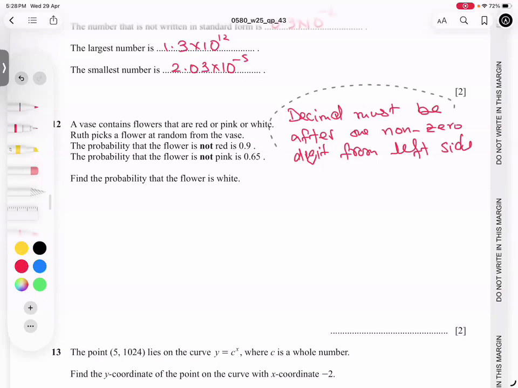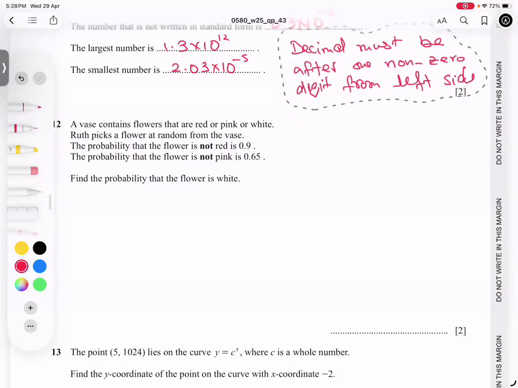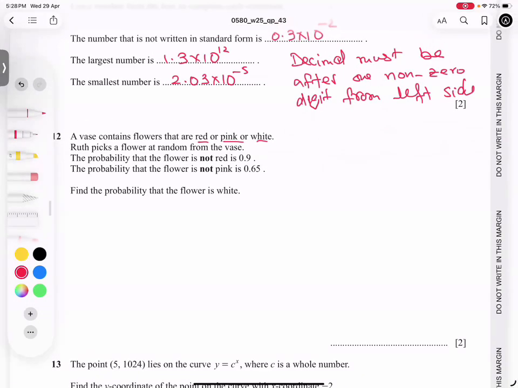This is a rule of decimal. Now he's saying the vase contains flowers that are red, pink, and white. And Ruth picks a flower at random from a vase. The probability the flower is not red. So not red is 0.9. I just make it an idea, so I just give an example, red and not red, just for the sake of understanding. Not red is 0.9. Then what is red? Naturally 1 minus 0.9, which is equal to 0.1. So I'm writing now, probability of red is